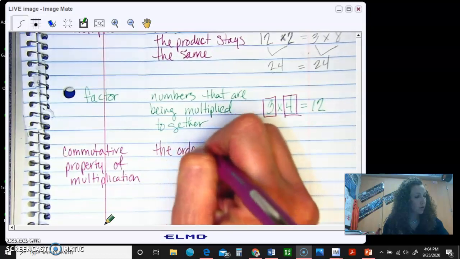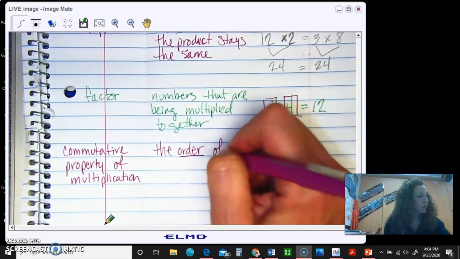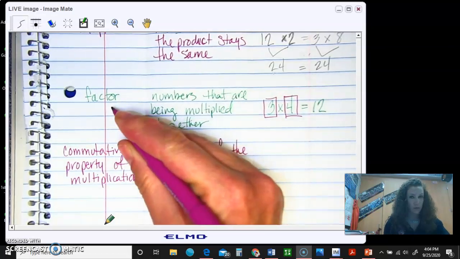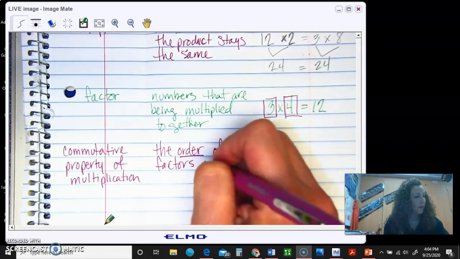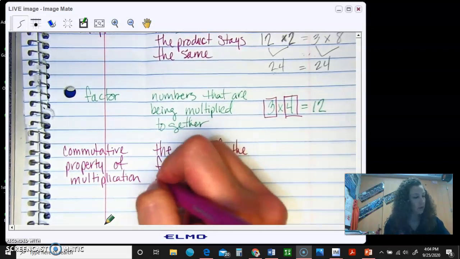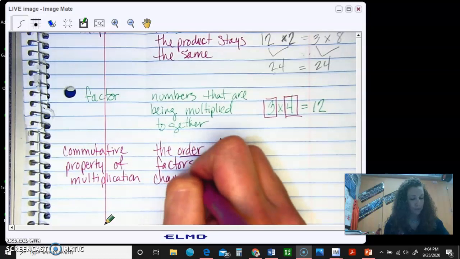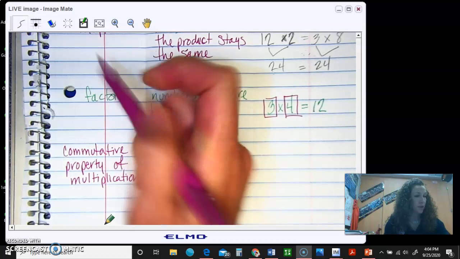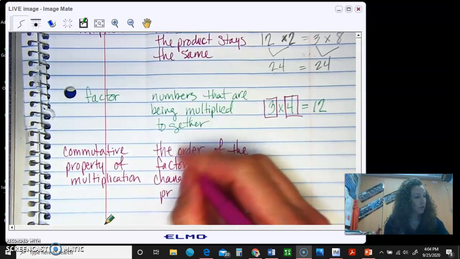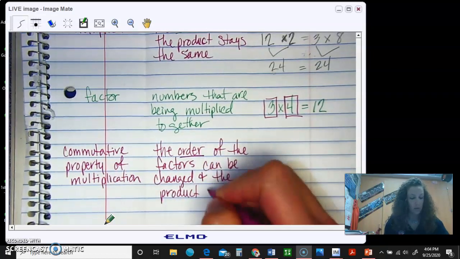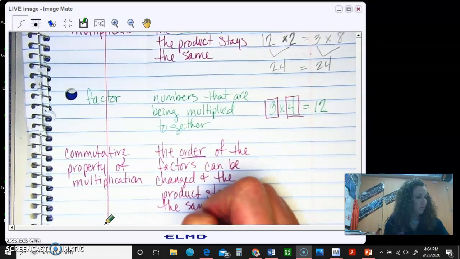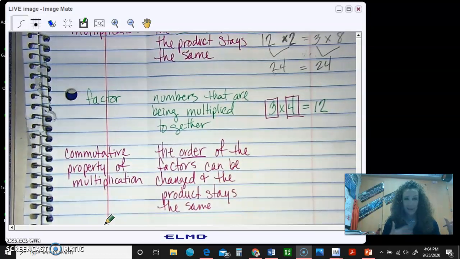All right, so the order of the factors can be changed, and the product, back to the very first word, product, stays the same. And once again, using the same factors and products that I've been using all along, so you can see,